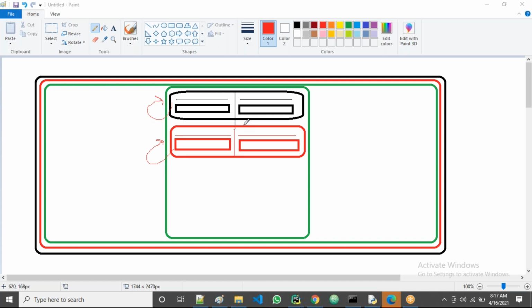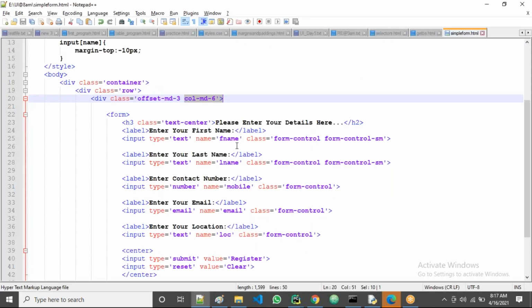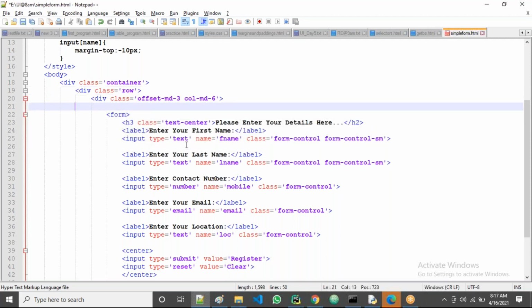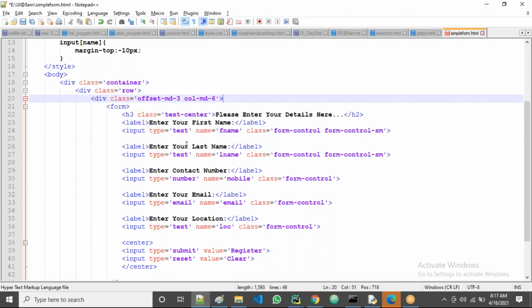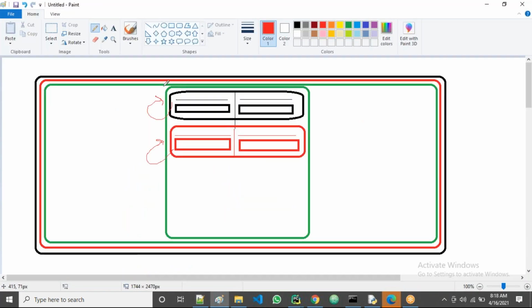Right. Very good. Now, what do I do? I can modify this one, guys. Now all of you observe. What is happening here? First the container is there, in that the row, in that six columns. The six columns form is taken.